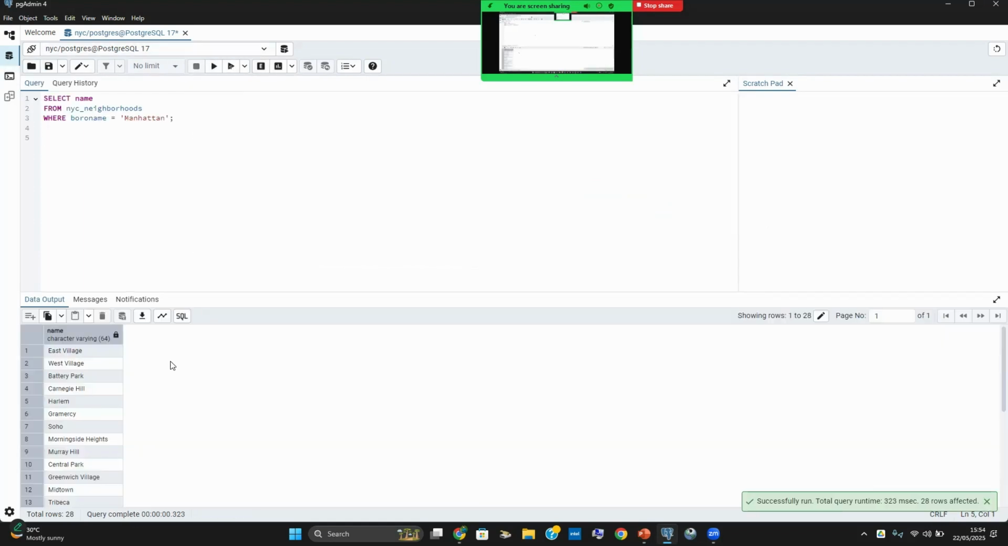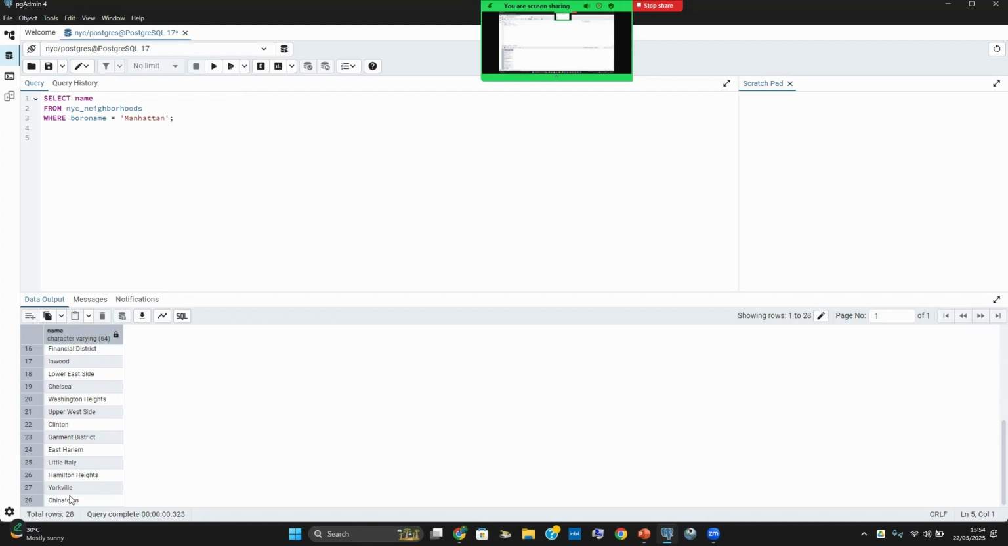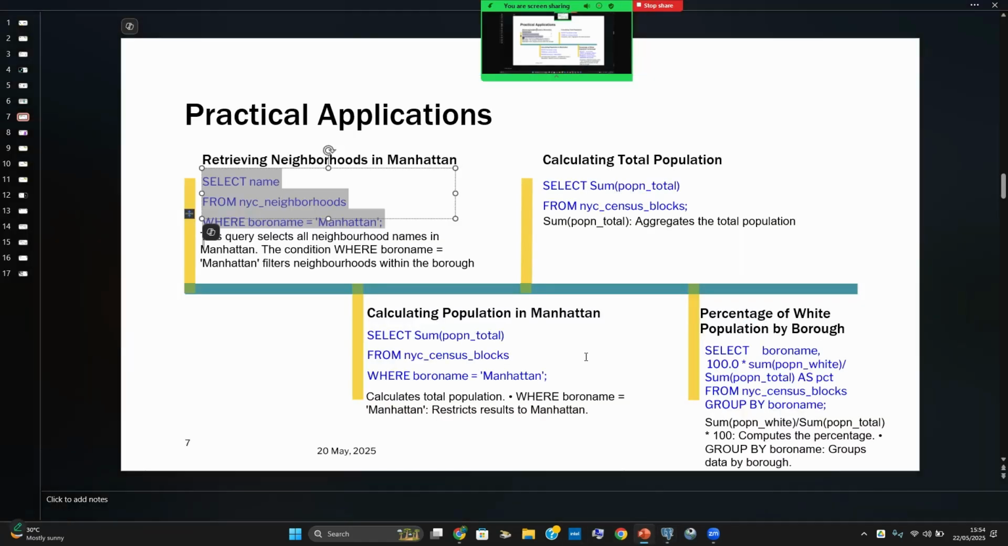So as you're seeing here, in the borough of Manhattan, there are 28 neighborhoods present there. Now, what is the use case of this query? So, in a real world scenario, it allows us to quickly list neighborhoods. Let's say for some geographical studies or for some demographic studies, rather than going on a map and looking and seeing what encompasses this borough, right? Moving on,